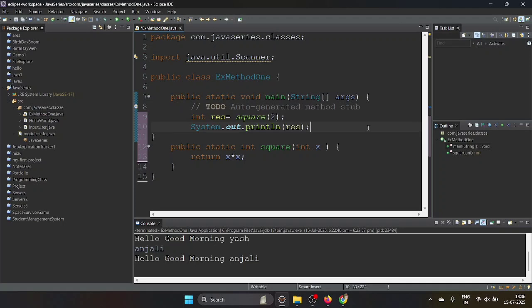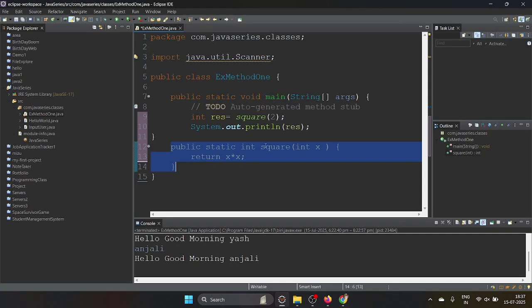See here, I will explain once again. Public static int square, this is the method we are writing. Public is the access specifier, visible from everywhere, and static is the keyword, so there is no need to mention the class name when you want to call that method. Then int is the return type, what you are returning from this method. If you are not returning anything, use void. We are returning int here, so I mentioned int.